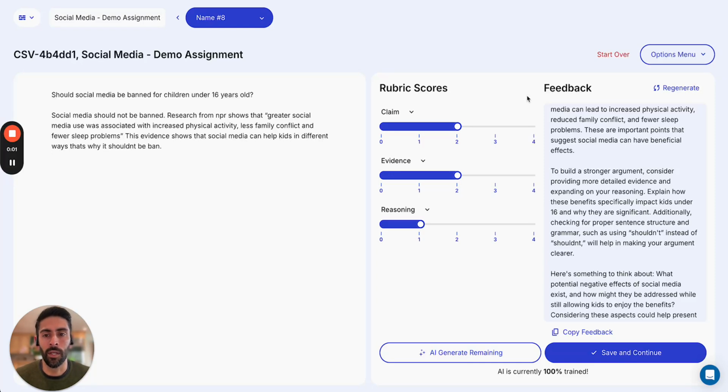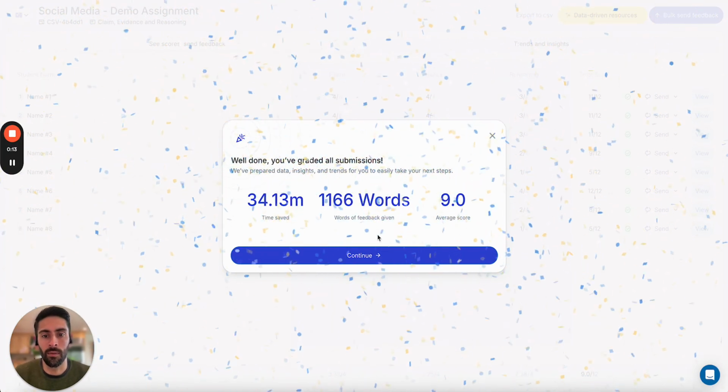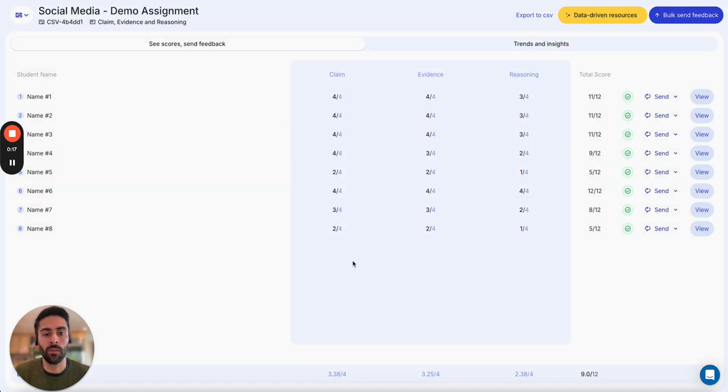All right, let's take a look at our upgraded flow at the end of grading. So I've just graded a sample set of submissions with 8 students. I'm going to go ahead and finish grading. So I'll get some confetti, some notifications about the amount of time I've saved, the words of feedback, and the average score. And then now you'll notice a slightly upgraded screen in terms of how I see scores and send